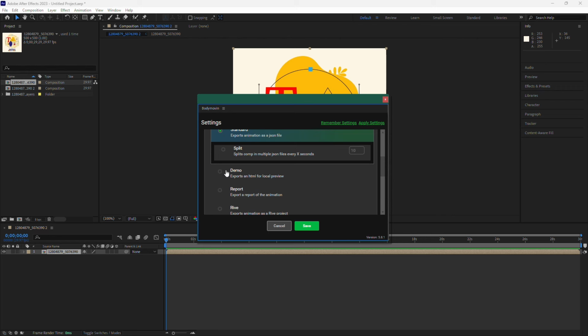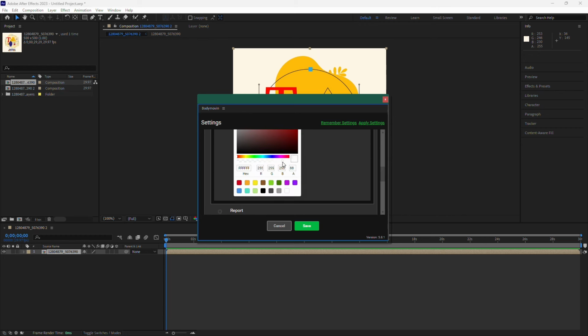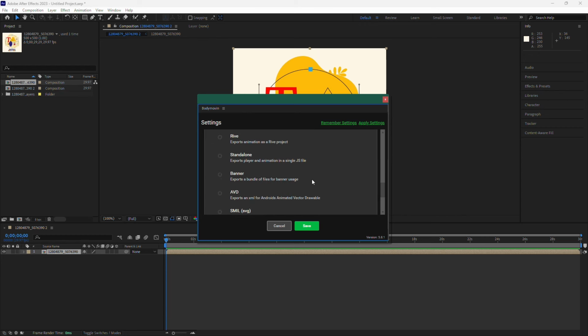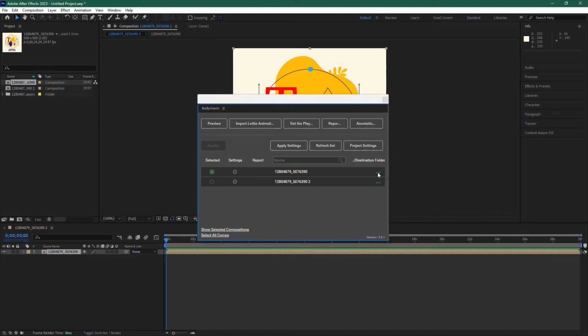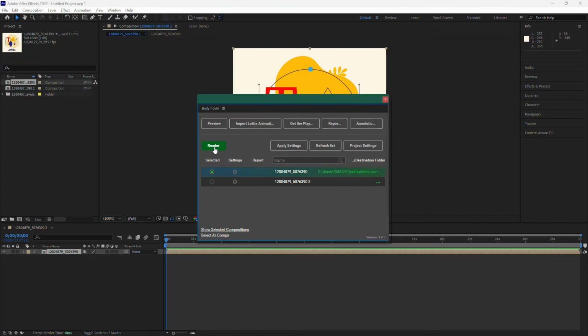Now, under Settings, make sure to enable Demo Mode for Lottie animations. This will prepare your file for export. Once that's done, set the destination folder for where you want to save your Lottie file. Finally, click the Render button to export your Lottie